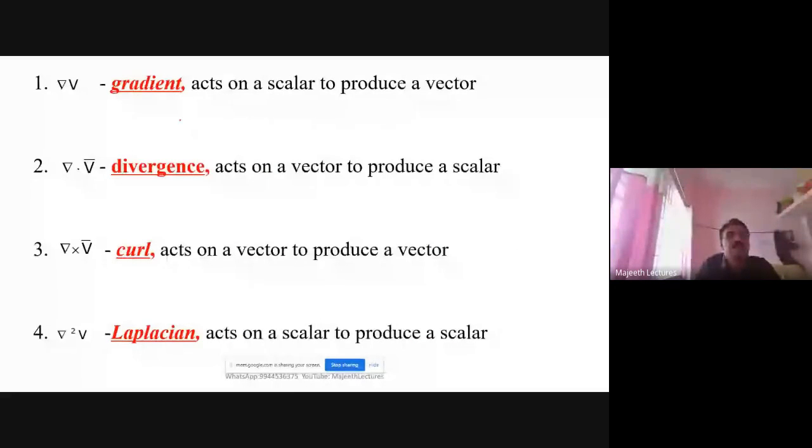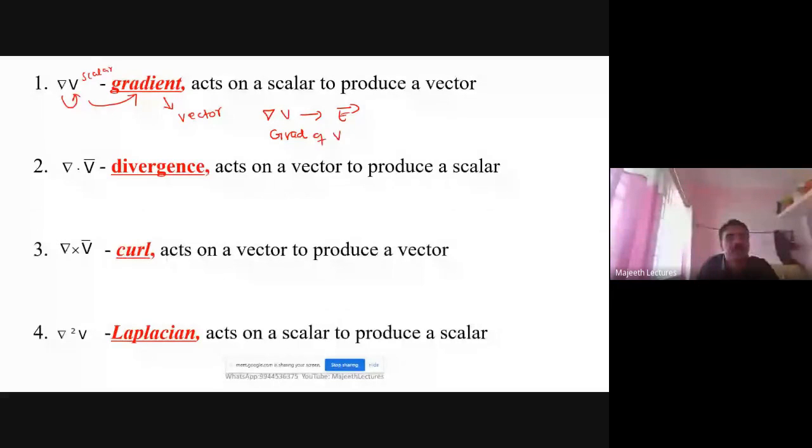You see here, del operates on a scalar. V is a scalar quantity, right? Del operates on a scalar and results in the gradient. But the gradient is a vector. How it has become a vector, all that I will explain later. So del acts on a scalar and it produces some vector E, and then it is called a gradient. So del V, how can you pronounce it? It is the gradient of V.